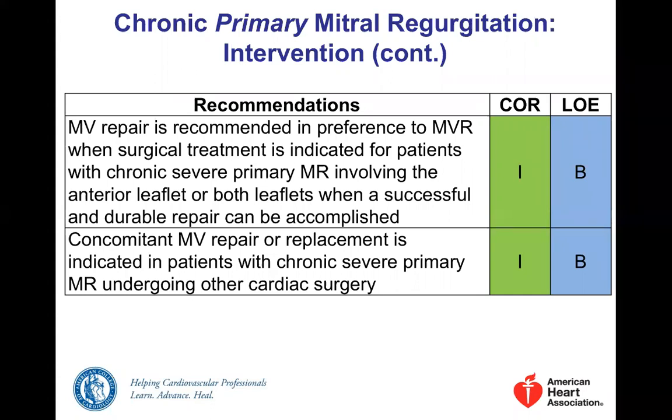Unless it's prohibitive to do a mitral valve repair, like if there is a bileaflet prolapse and you don't have experience, or if there is infective endocarditis in the mitral valve. Sometimes even with infective endocarditis in the mitral valve involving the posterior mitral, if it's focal, you still can repair the valve. So this is one of the most important things that you need to know about